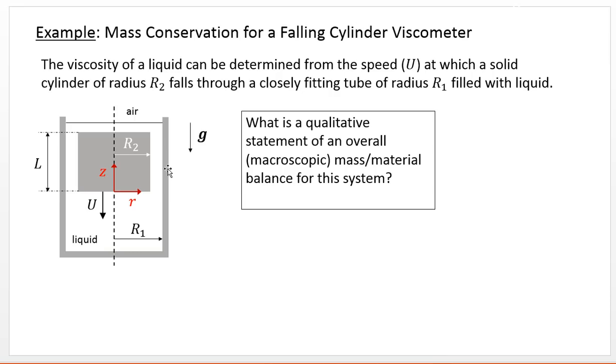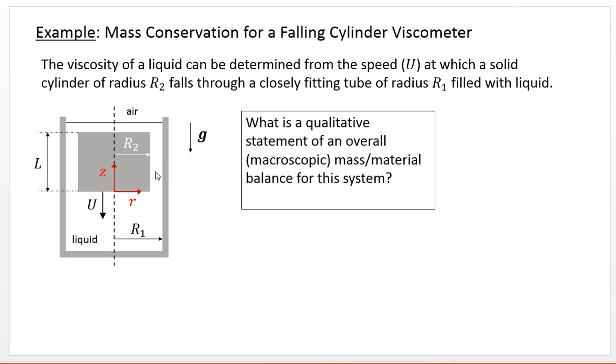In this system, the overall macroscopic mass balance says the rate at which the liquid is displaced by this falling cylinder must equal the rate at which the liquid flows upward through the gap, this annular gap between the cylinder and the tube. So we would displace liquid at a rate of pi r2 squared, which is the surface area at the bottom, multiplied by u. So pi r2 squared u is the rate at which this moves downward, and that then has to be equal to the integral of the z component of the fluid velocity over this annular gap,